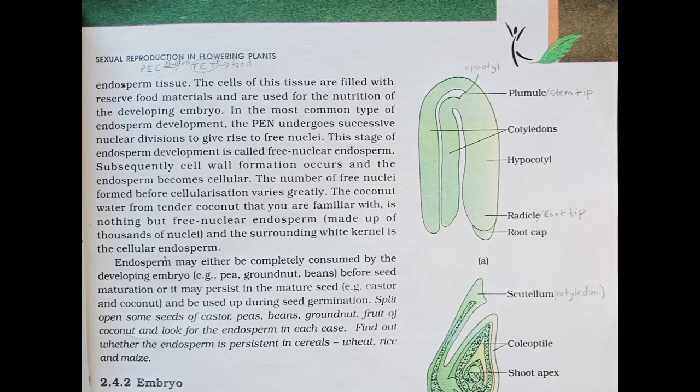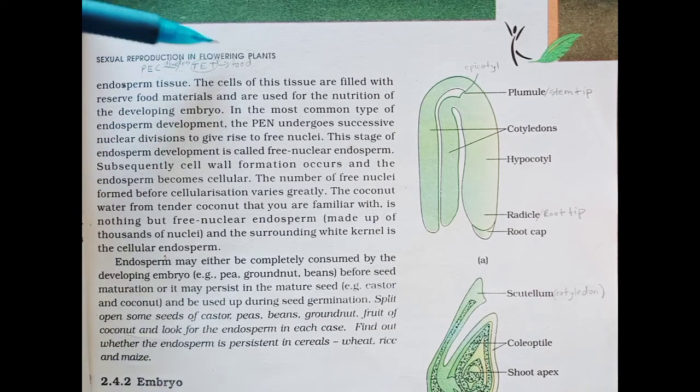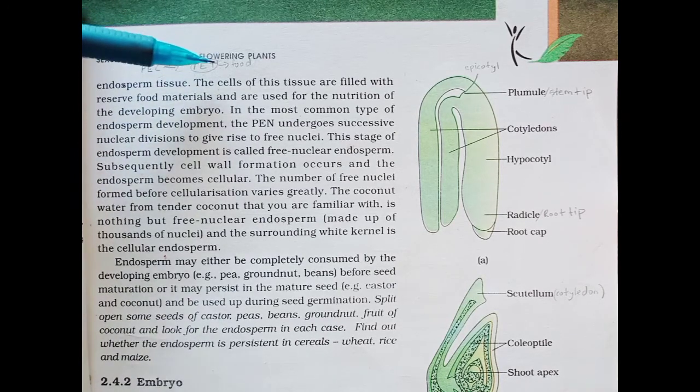The cells of this tissue are filled with reserved materials and are used for the nutrition of the developing embryo. So just remember this. The primary endosperm cell divides to form the triploid endosperm tissue, and this triploid endosperm tissue contains food which is required for the nutrition of the developing embryo,